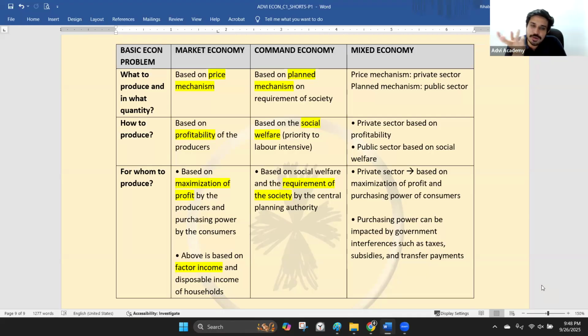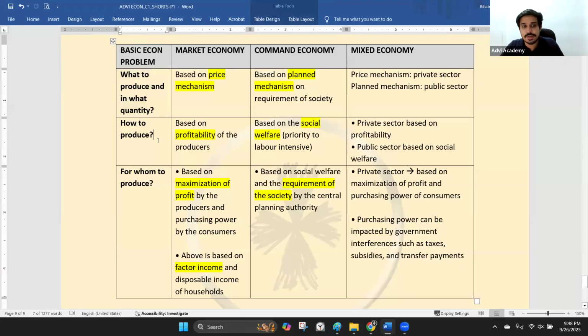So this, of course, if it's there in your note, try to put a short form of it in the short note. Or ideally, this should be in the short note because this is the most important thing. So let me summarize this so that you can put it in the short note. This is the problem of resource allocation, problem of production, and distribution, the three basic economic problems, right? So how does the market economy decide what to produce? Unlike the command economy, which goes based on the requirement of society. The government only decides what society requires. Decided by whom? The government. That is the command economy.